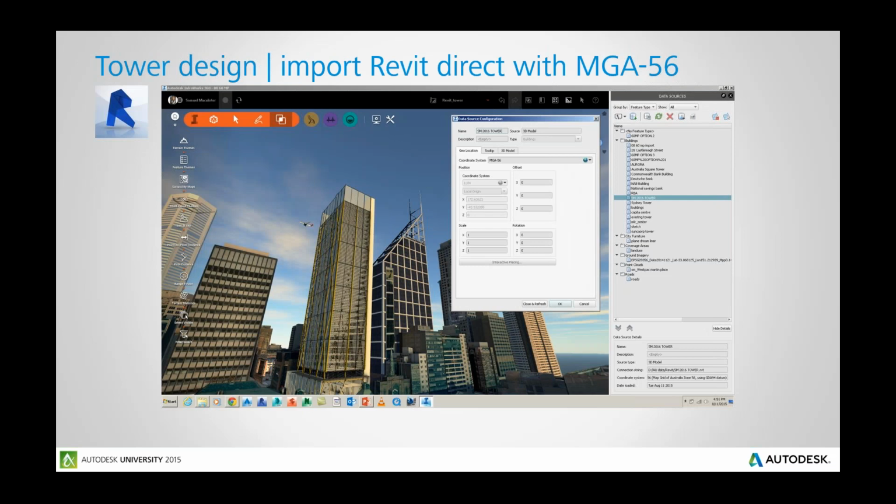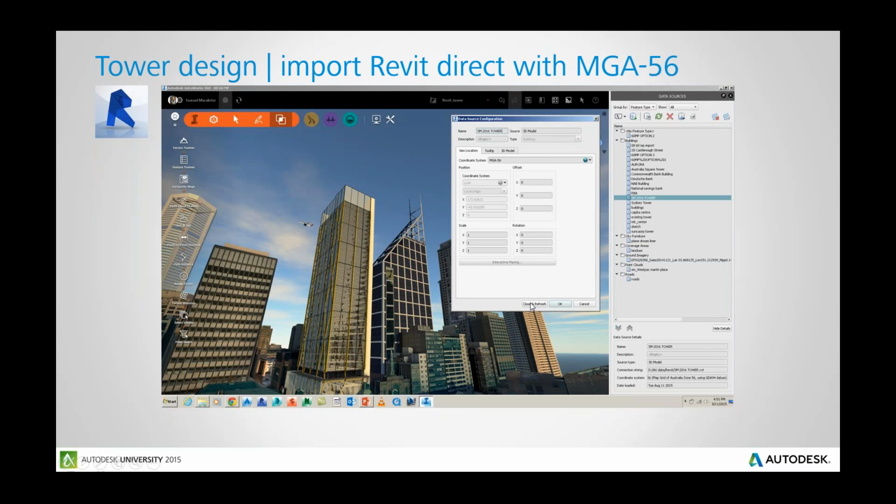So this is a screenshot of the settings that I have for bringing in Revit directly with the Map Grid of Australia 56. The same process is what I've shown with the other two workflows, where we imported in via data sources. However, when we double click to do the data source configuration, now we're just going to be working directly with the coordinate system being MGA 56. We don't need to touch any of these other settings. We're just going to bring it in, close and refresh, and it will come into the exact right location here